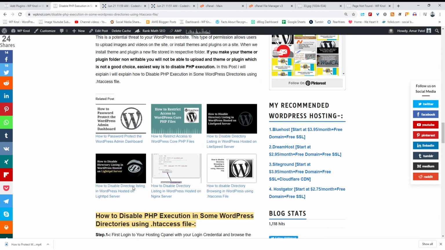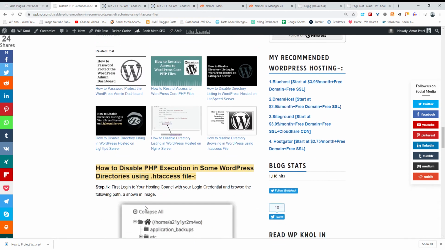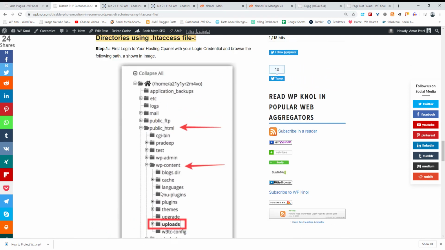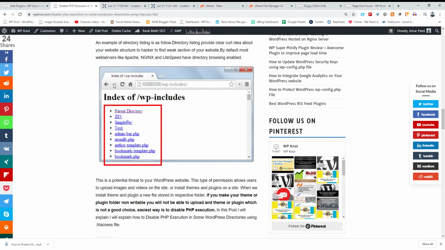So this will disable the directory listing. Once you add the code and type your website address /wp-includes, you will get this, meaning you are hiding your WordPress directory and not giving any idea of the structure you are following for your website, and this way you can secure your website.